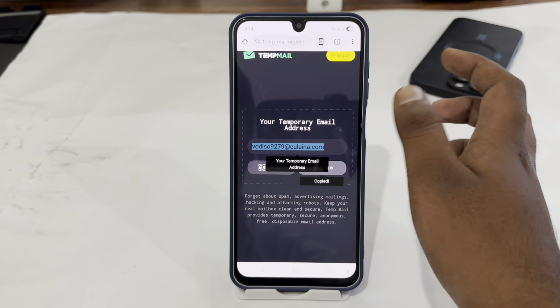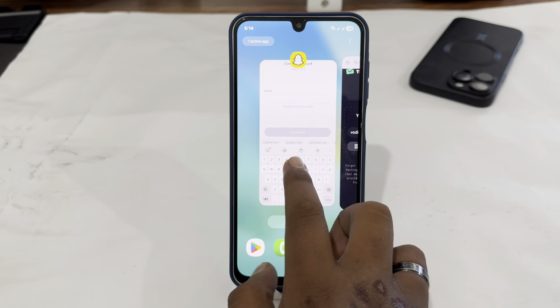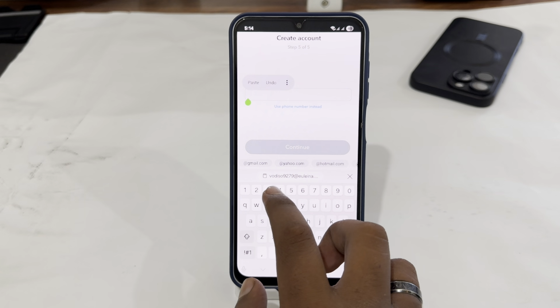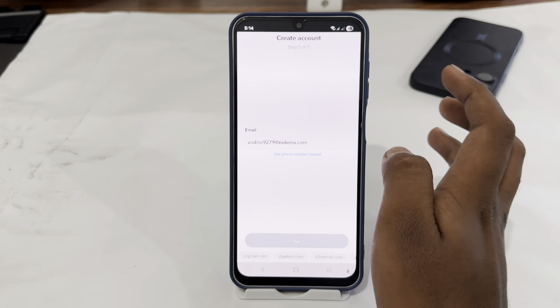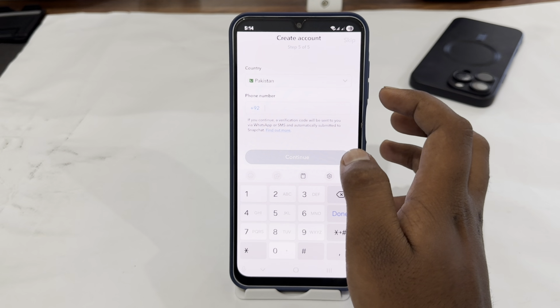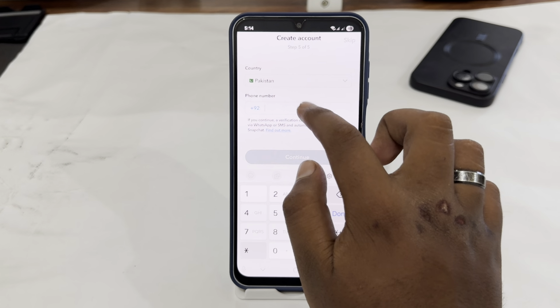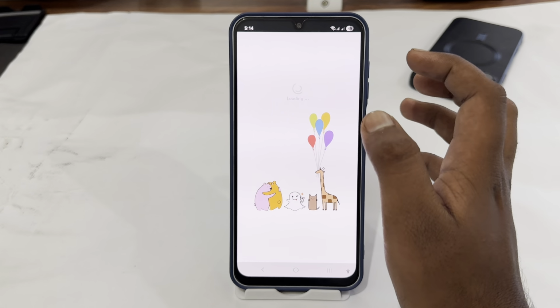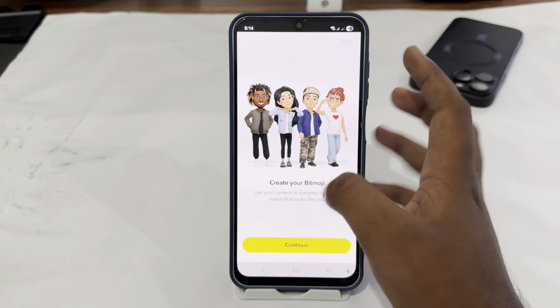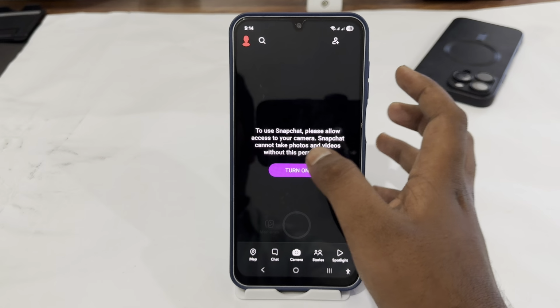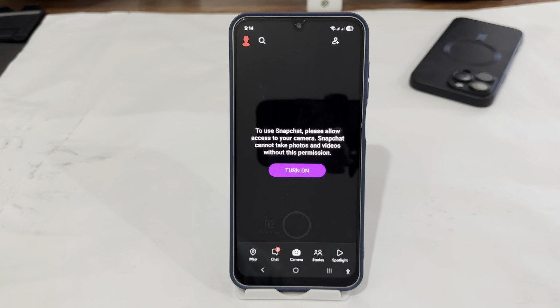So I have copied my email, so just open your Snapchat. Here just paste your copied email just like that, then tap on continue. And here you have to skip this one, which is enter your phone number. So that's how you can easily create your Snapchat account without using